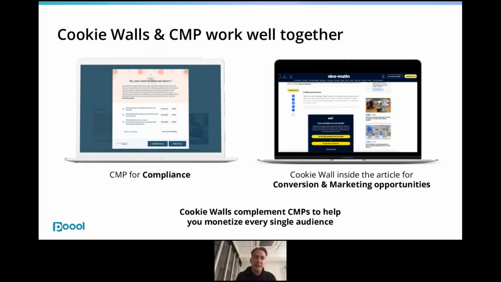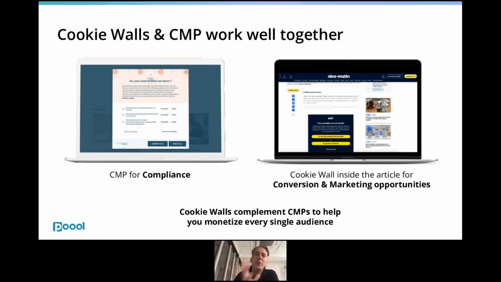What we do, and again, with a partnership with Didomi, is that we think that there is another moment to ask this question to a reader. And what better moment than when the reader wants to access a very specific content? So we're using our wall technology so that if a user did not consent and wants to access a given set of articles, let's say very premium articles, long form articles, we're going to be able to ask again the question, do you want to consent? And you can give an alternative. So that's really an effort.